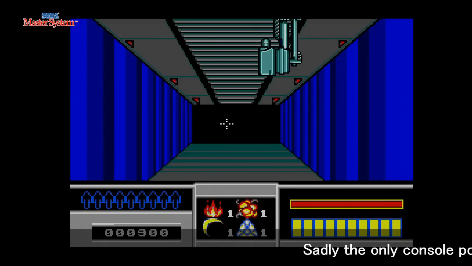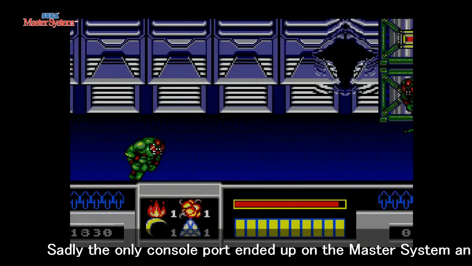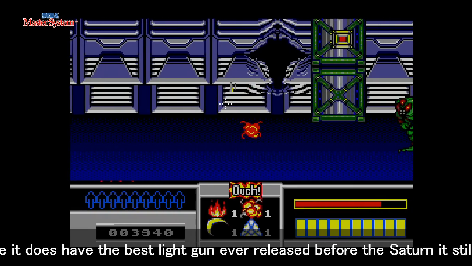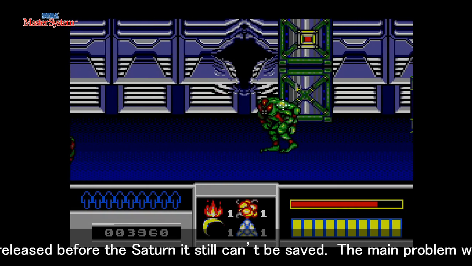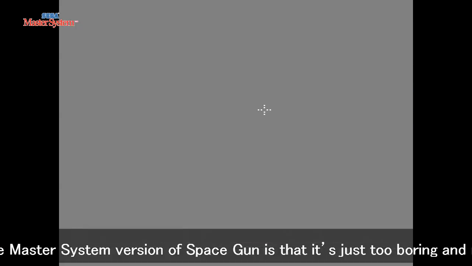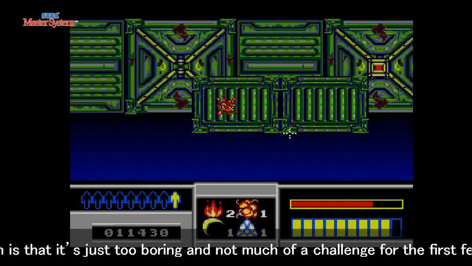Sadly, the only console port ended up on the Master System, and while it does have the best light gun ever released before the Saturn, it still can't be saved. The main problem with the Master System version of Space Gun is that it's just too boring, and not much of a challenge for the first few